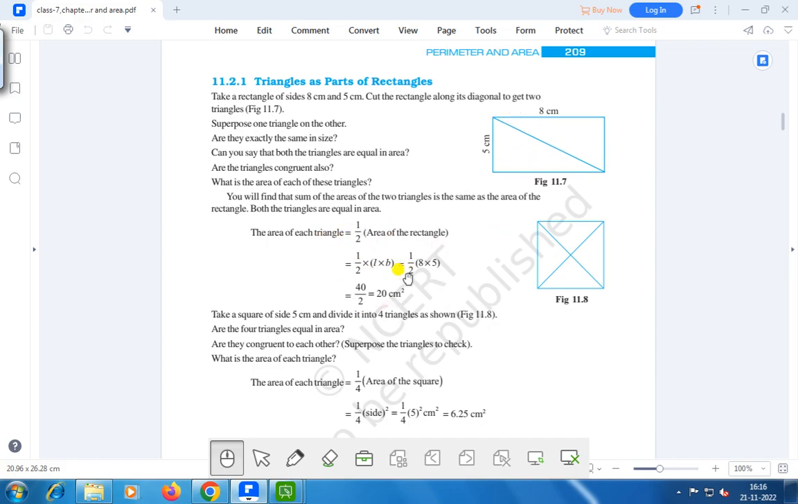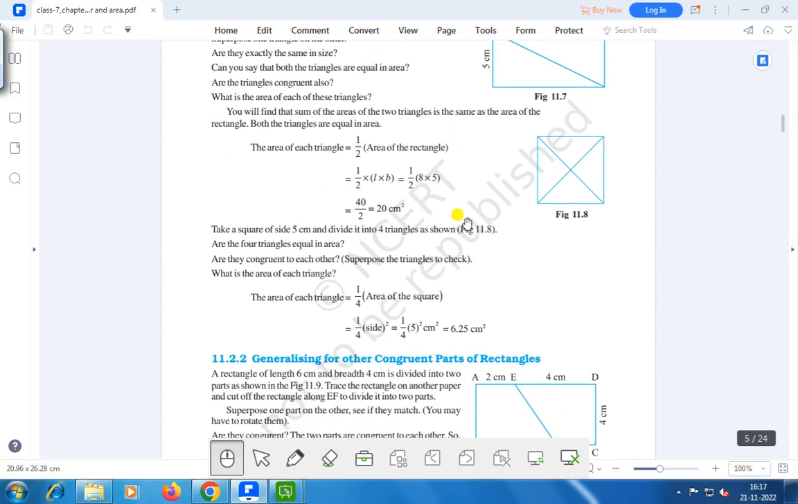that is half into length into breadth, that is 1 by 2 into 8 into 5, 40 by 2, that is 20 centimeter square. The area of each triangle, this is 20, this is 20, that is total 40 centimeter square,